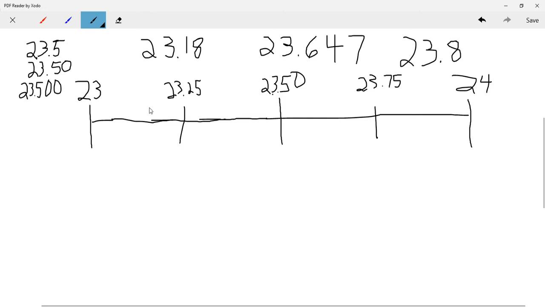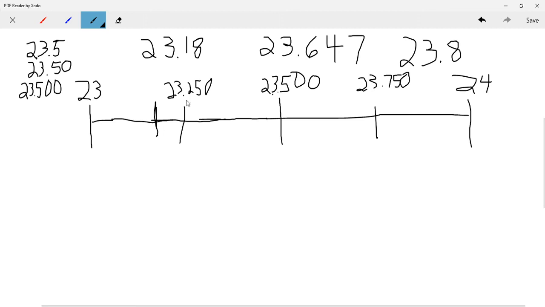Anything over here below 25 is going to round to the lower whole number, and anything above 75 is going to round to the higher whole number. So that's basically it. And remember, we can add zeros, right, to these if we're talking about thousandths because it doesn't matter. We could add a 0 if that makes it easier for some of these, but 23 and 18 hundredths is obviously